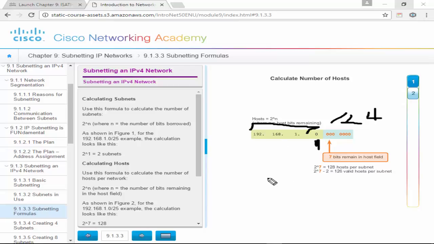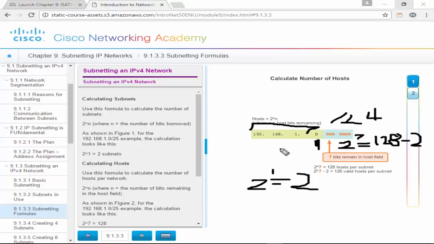And so to find how many subnets that will make us, it's 2 to the power of 1, which equals 2. Okay? How many hosts? 2 to the power of 7. How many host bits do we have here? 2 to the power of 7. So we'll have 2 networks of 128, but it's 128 minus 2 because we cannot use, remember, the network address or the broadcast. So we have 126 assignable hosts, but between